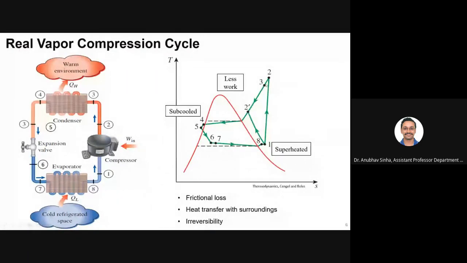So from 2 to 3, some losses are there. From 3 to, let us say, 4, it was supposed to come down in an isobaric process. The ideal assumption is that it comes down as an isobaric process. But what happens is that we also see some amount of pressure loss. It should have been like this, but it has actually decreased. So 4, which is supposed to be a saturated liquid point, becomes a subcooled liquid. And there are still a little bit of losses after that.